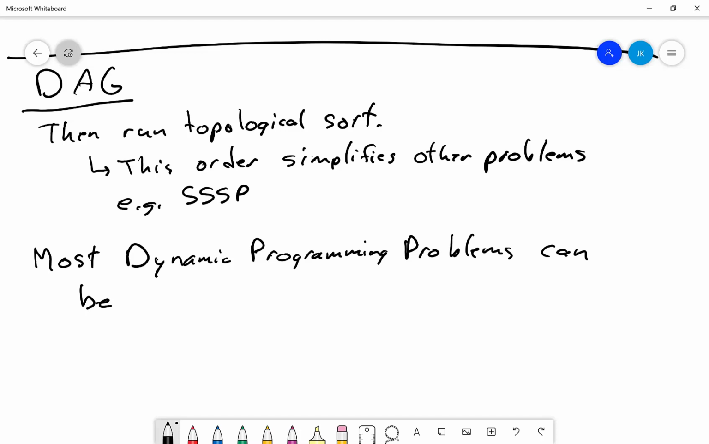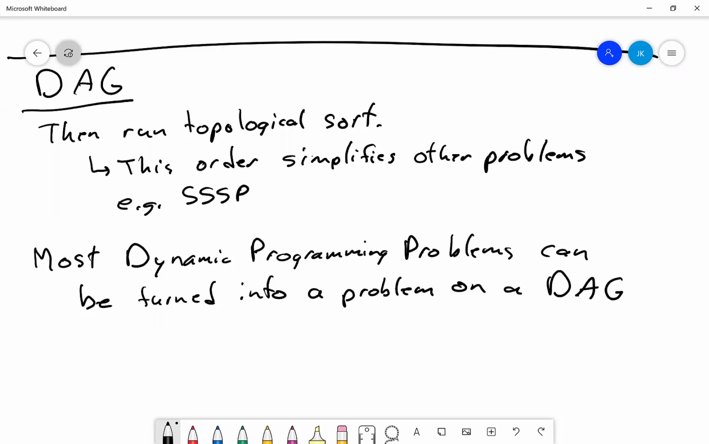They can be turned into a problem on a DAG. Okay, so with what I was talking about with states before, if you think of your dynamic programming states as